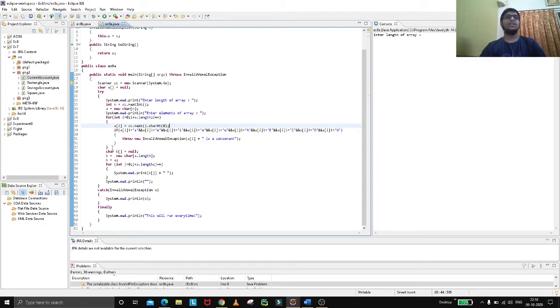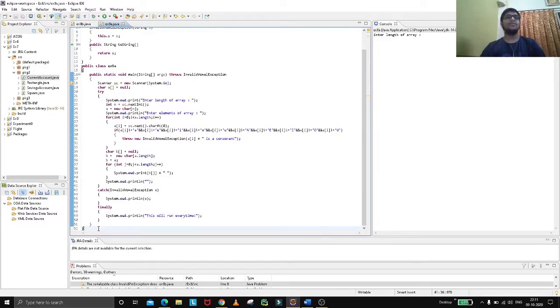Basically if you provide vowels, they will be stored in a of i. Then I'm creating another array, B, which is null, copying the A array to B, and giving a for loop so that I can print it one by one. If it's not valid, the catch block will run the exception, and finally will run every time.